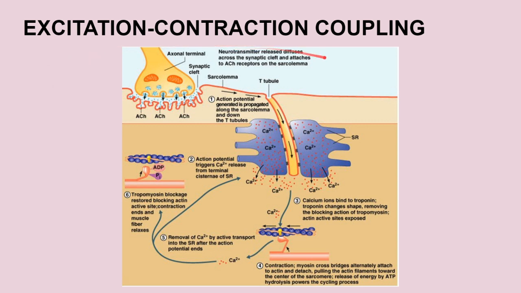Excitation contraction coupling. I told you before that muscle has mainly two phenomena or properties, that means the excitation and the contraction property. In excitation, an action potential is generated in a particular muscle when it is stimulated, while contraction mainly occurs when the stimulus acts on the muscle, right? So they mainly form the excitation contraction coupling phenomena.